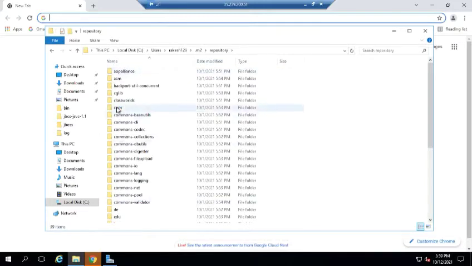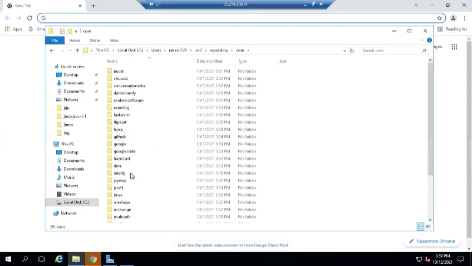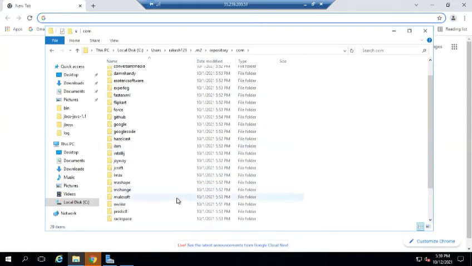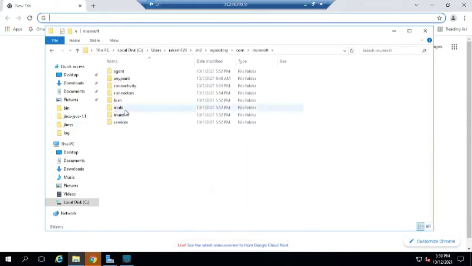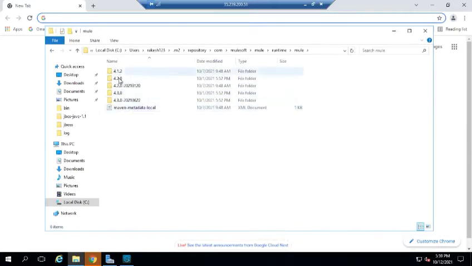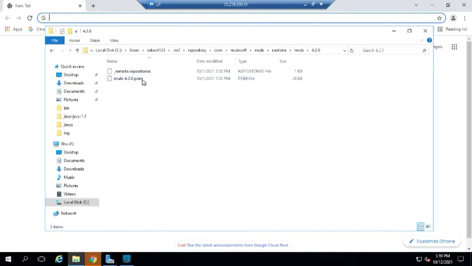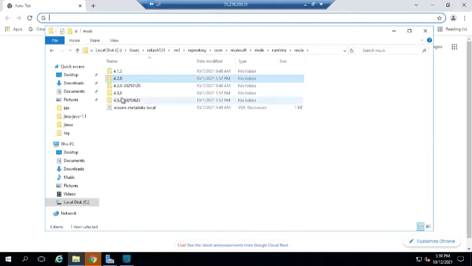So let me see what is inside the com. Suppose you want, suppose, any MuleSoft, yes. So let me open this one. Mule runtime. Let's see, there are different versions. This version I already tried, that's why it's showing here. When you go inside that, you can find, see,